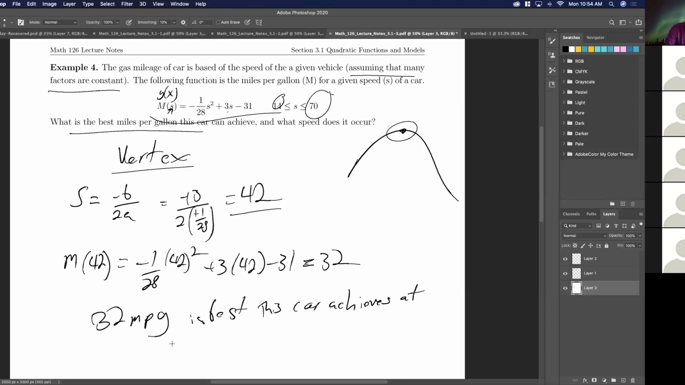And that's at, which occurs at 42 miles per hour. Okay. So that's how you do the word problem. And so you may or may not see something like